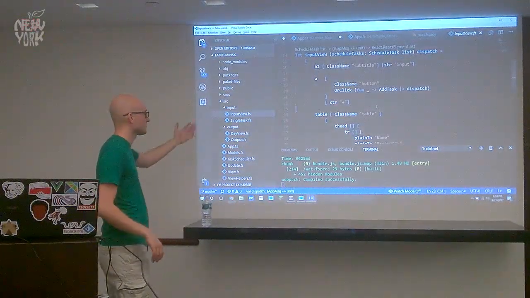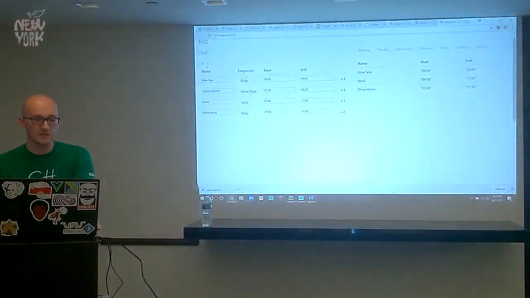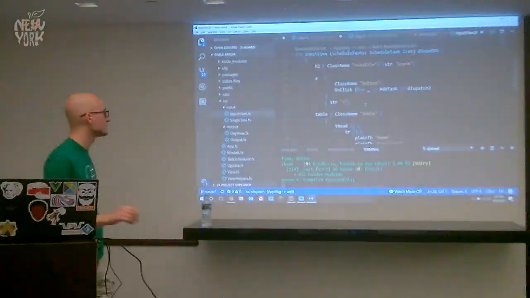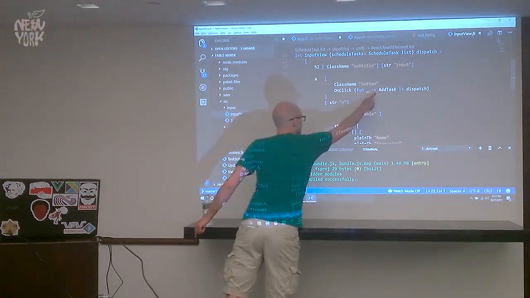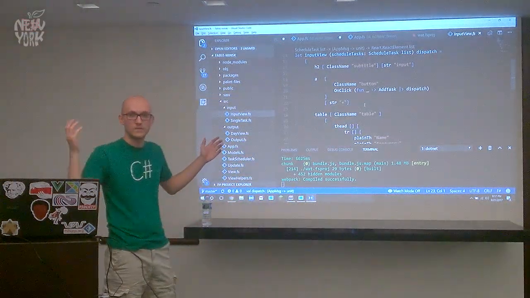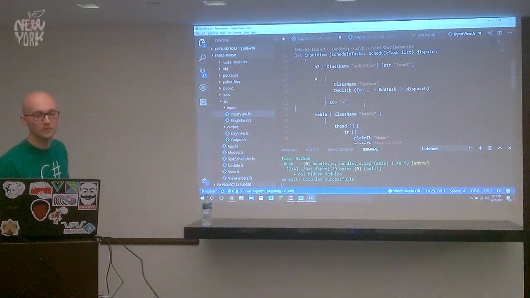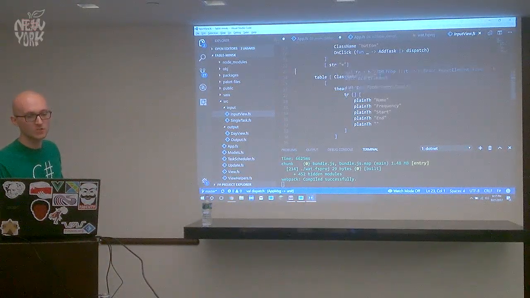So first thing, H2. Second thing, create an anchor tag for dealing with the addition of tasks. And all that does is on click, take that add task DU and dispatch it out. So the Elmish handler can deal with that, and then also output a table wherein for each of the, well, first